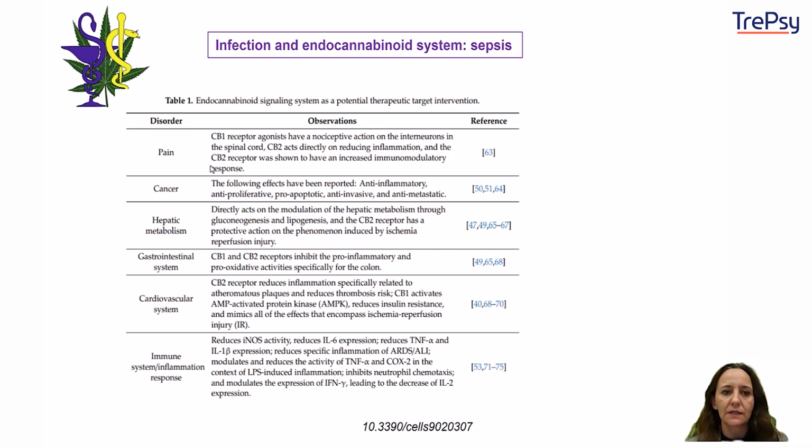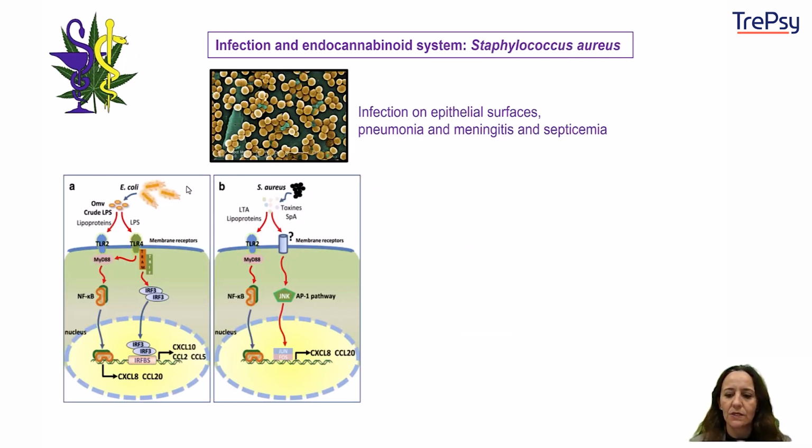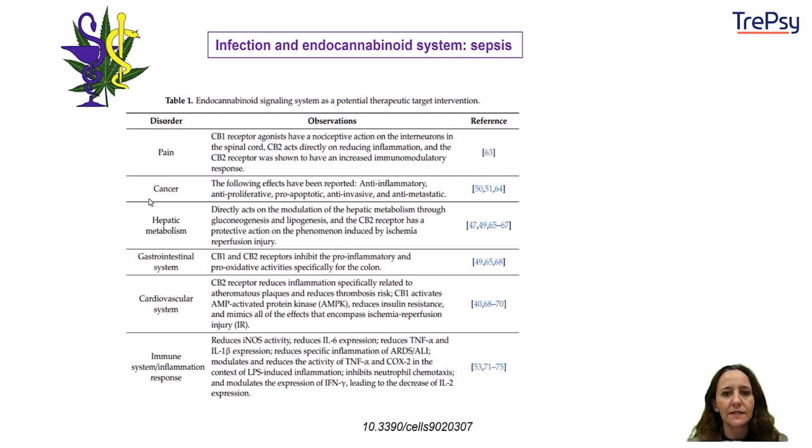But you can see here that the CB2 receptor was shown to have an increased immunomodulatory response. This is important. Also, in cancer, we will be observing in following lessons that it has an anti-inflammatory, anti-proliferative, pro-apoptotic,